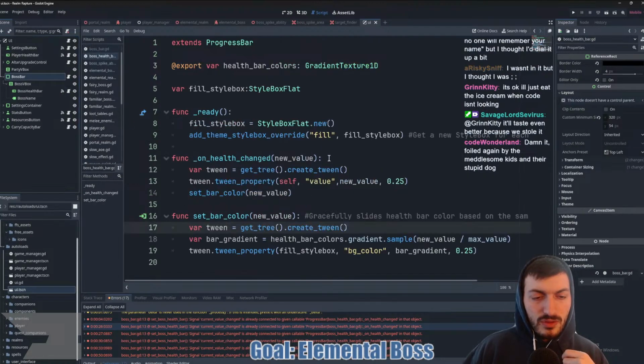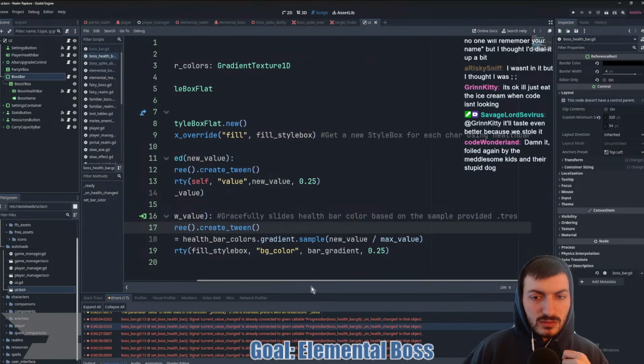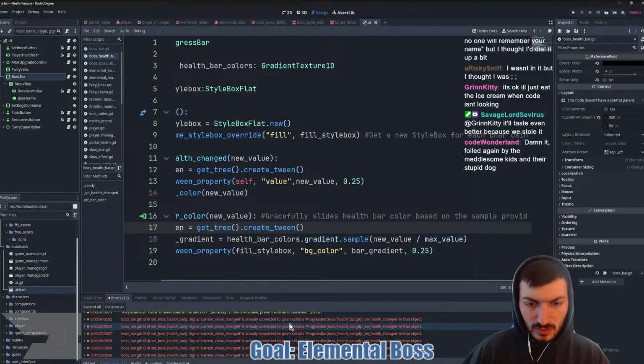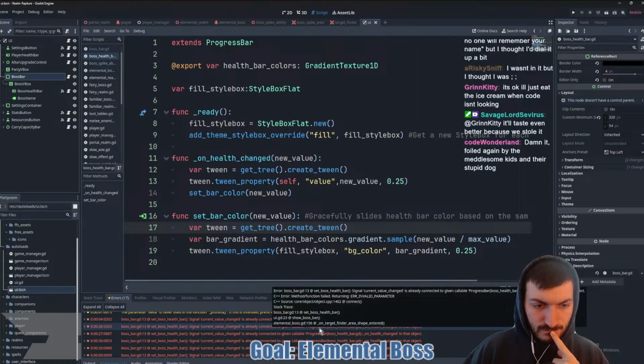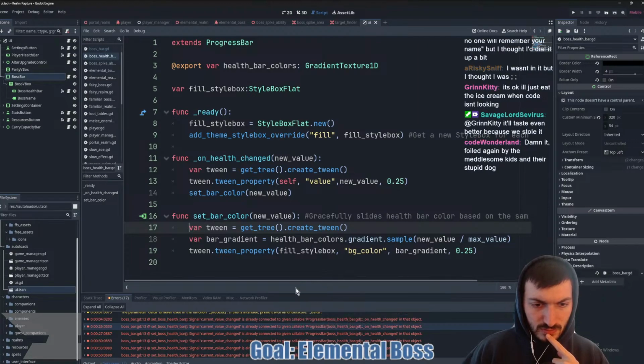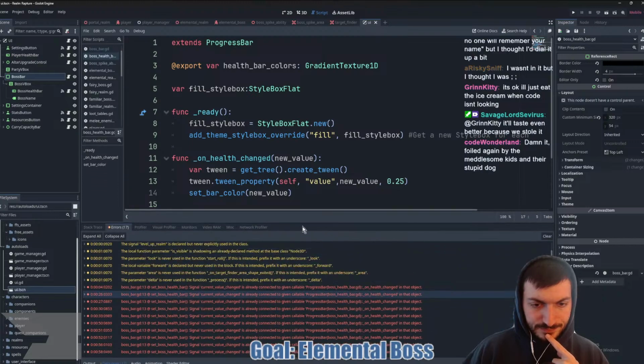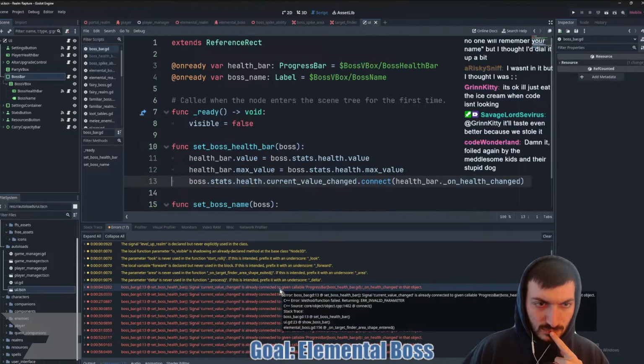Then on the health, it should be... Connected to callable progress bar. On health? No, that doesn't... Is already connected. Why does it say it's already connected?